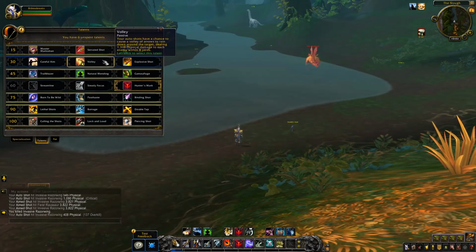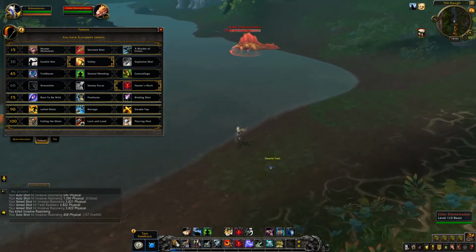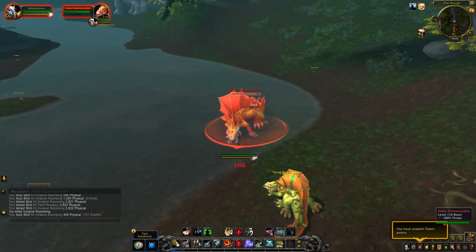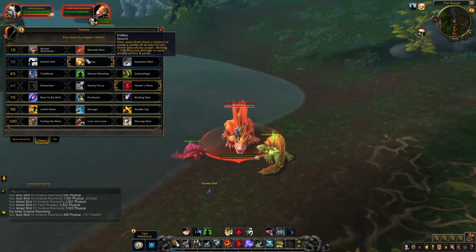Volley, it's the same in a way as the live version. You have the volley and you auto attack and it does a volley of arrows. The difference is that there's no toggle here and it costs no focus to do. Can we get a proc, boys? It doesn't have a proc chance here, but